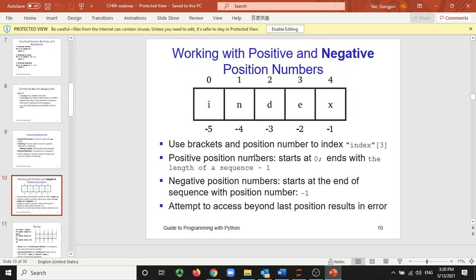Using brackets and a position number to index, we can simply use the brackets and then an index number. The index can be positive or negative, so that gives us random access. For a sequence, the positive numbers normally start from 0 and end at the length of the sequence minus 1,